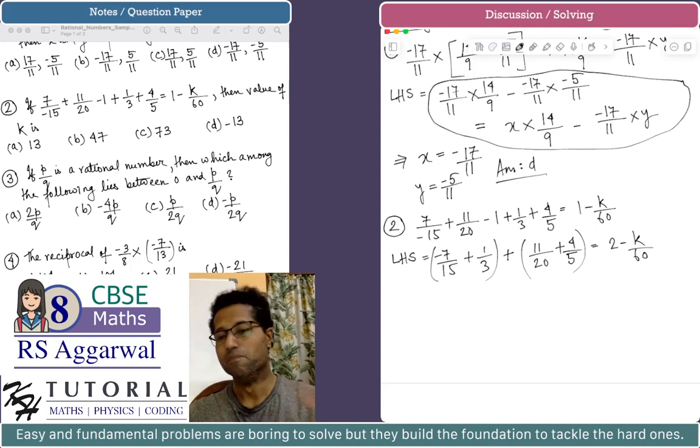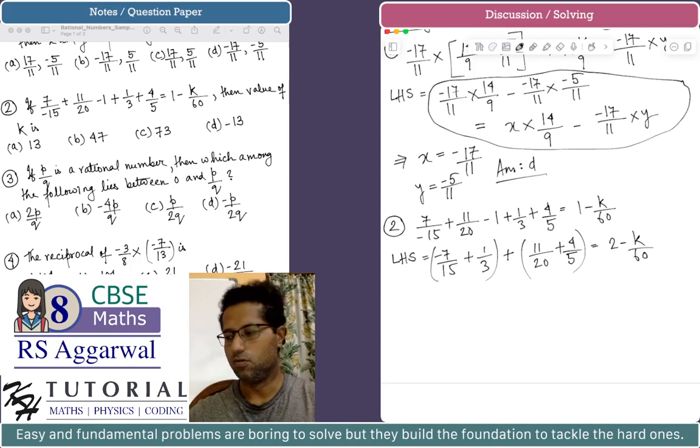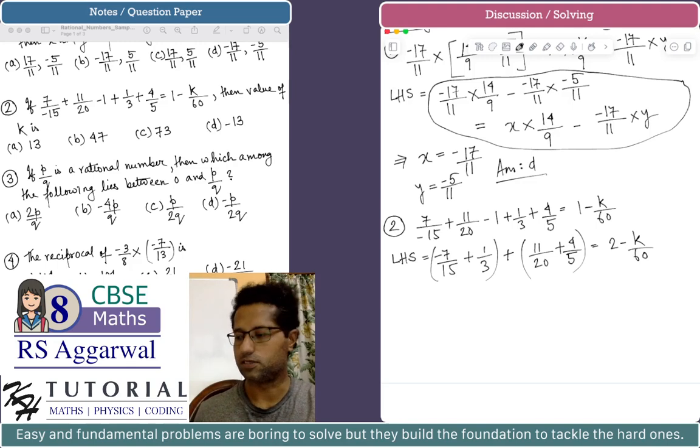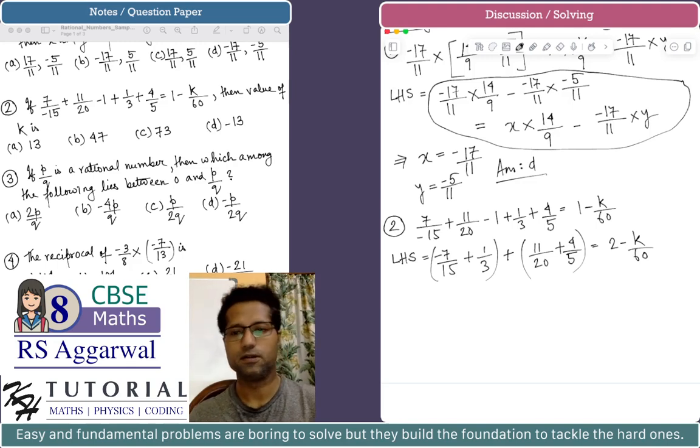I mean, there is no hard and fast rule that you should apply or approach a certain method. You use your own method, with which you are comfortable, and those methods that you have a good understanding of. Without understanding a method, do not use it to solve any problem. Okay, so the left hand side,